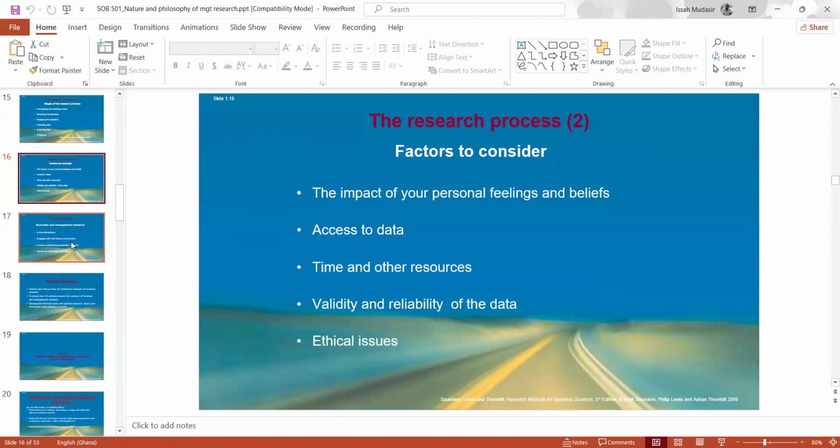But if you see that if you go this way, somebody has done it. You go this way, somebody has done it. You go that way, somebody has done it. Then the door is closed. If you then go ahead to conduct the research, people will say that you are just duplicating knowledge. What already exists is what you are bringing out. So there's nothing new. So one of the questions that you will be confronted with after you have presented your dissertation, and you should always be prepared to answer that, is: what is new about your work?